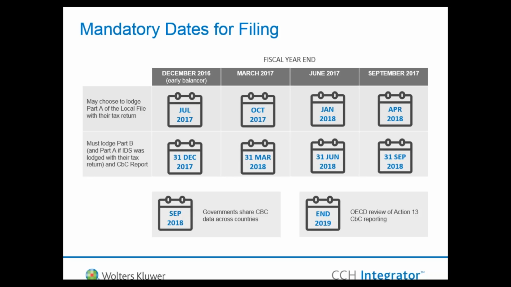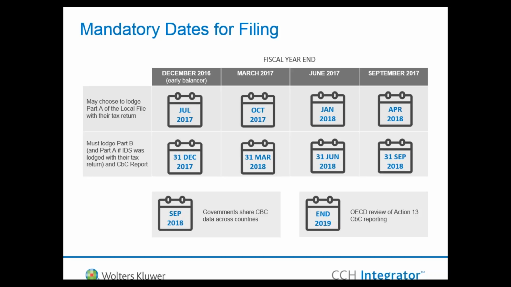Then come December of this year, you will then need to lodge by 31 December 2017 your Part B intercompany legal agreements, as well as any APAs, master file, and a local master file to the tax office, as well as your CBC report. So really what you're doing there is just lodging Part A early, and then the subsequent requirements for the local